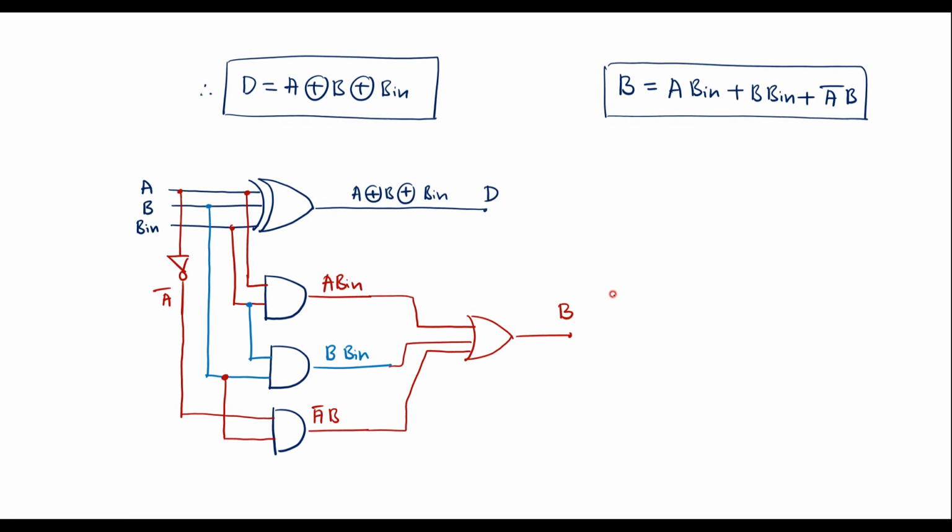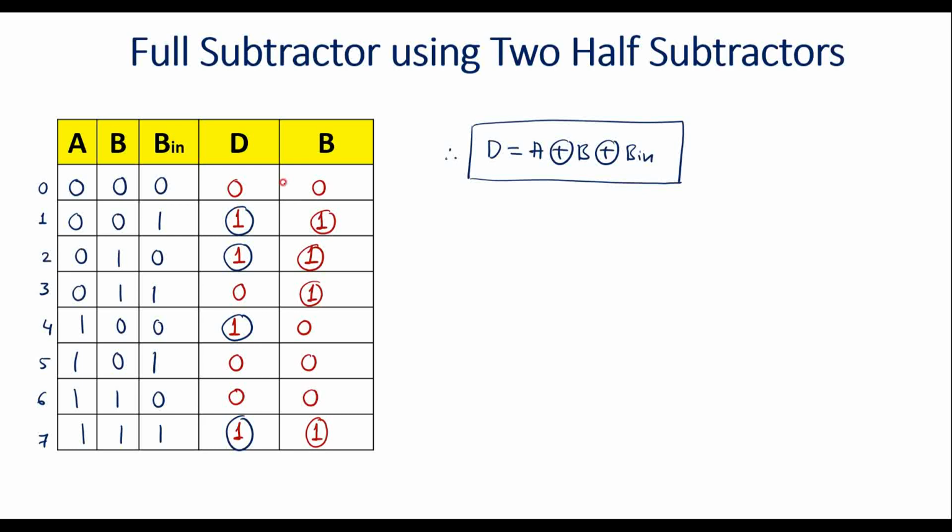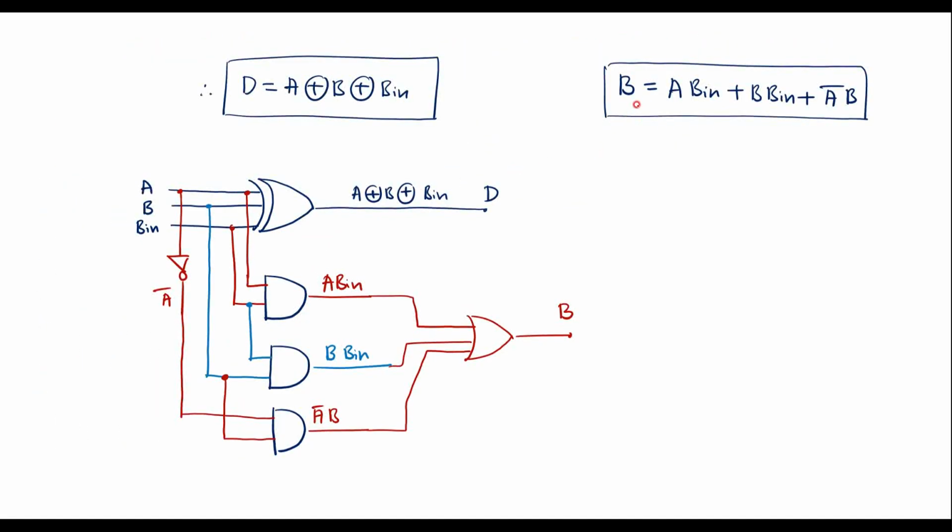Now I will try to implement the full subtractor using two half subtractors. We have already studied the half subtractor circuit. With the help of the half subtractor, I will try to implement the full subtractor. We have already derived the expression for D, that is A XOR B XOR B in. We have also already written the Boolean expression for borrow, which is A B in plus B B in